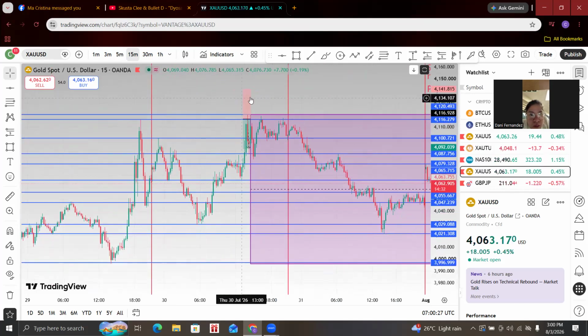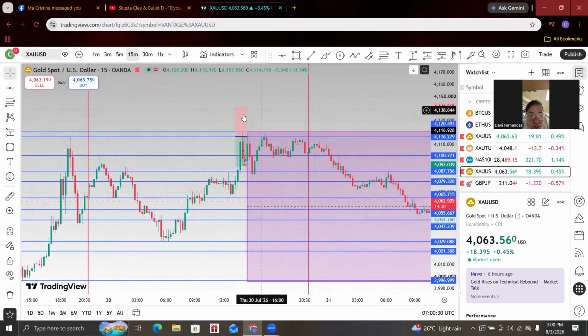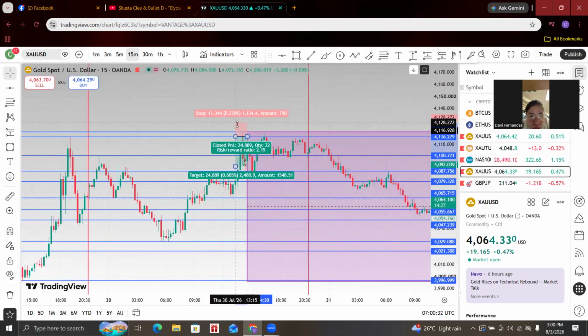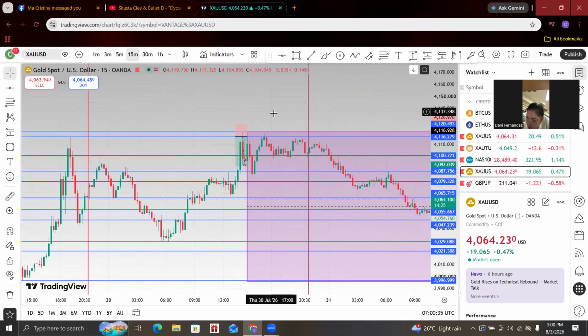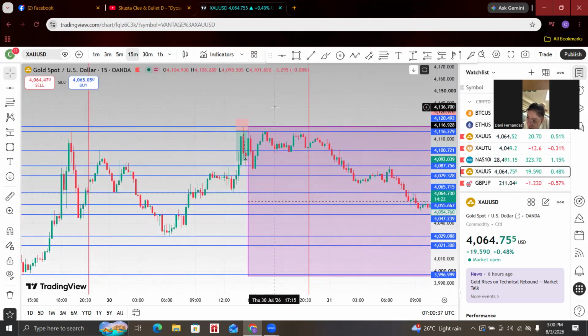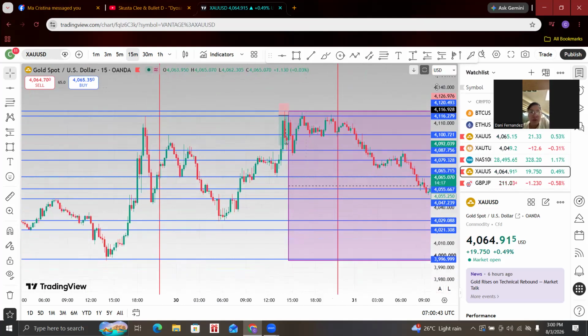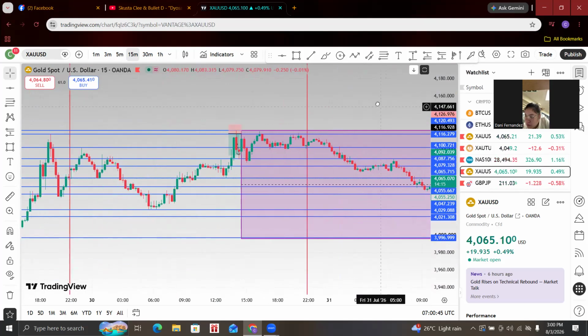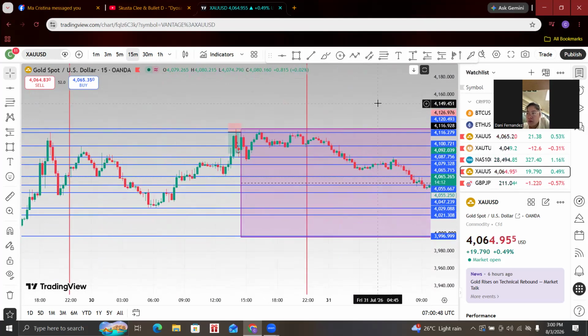Boom. The stop loss you're going to put, keep in mind, is always 100 pips. Always 100. Why do I say it should always be 100 pips? Because it used to be 50 pips. 50 pips is not even enough for the current movement of gold, because there are always sudden movements and false breakouts, those things.